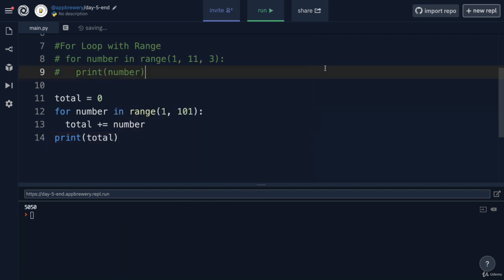And there you have it, 5,050. So now that we've beaten Gauss at his own game of math using programming,